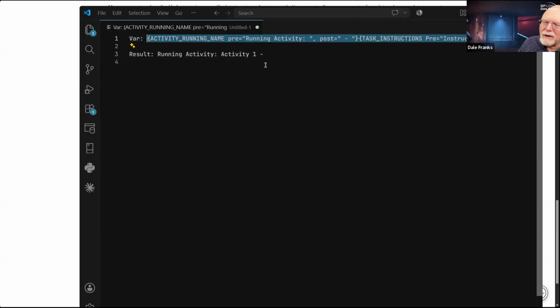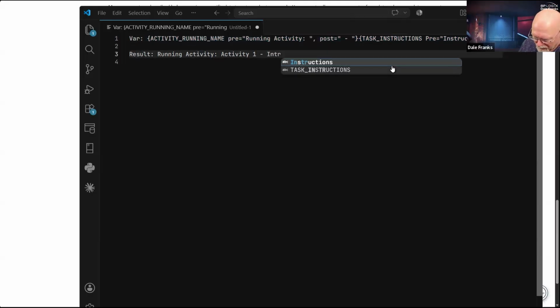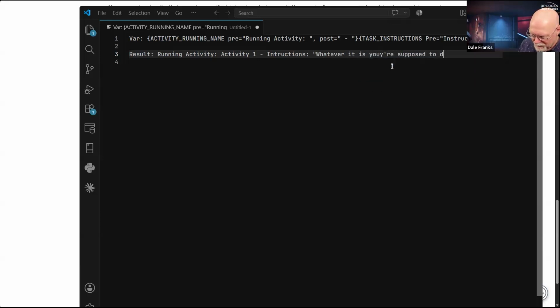which I can do, it will show instructions, colon, space, and then whatever it is you're supposed to do. Suppose I need a quote at the end.